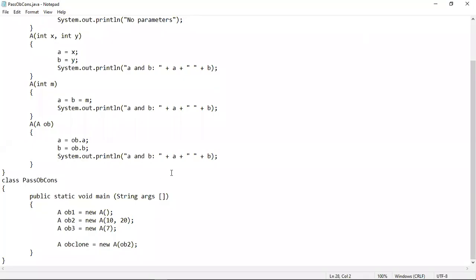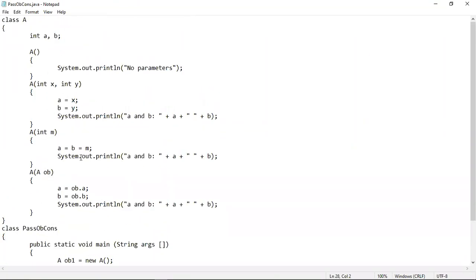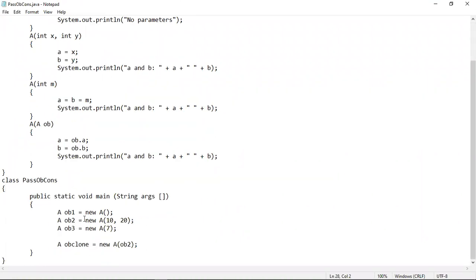Now this object cloning will only happen when constructor overloading takes place. Only when constructor overloading takes place will this type of situation arise, where the OB2 object will also be passed to the same constructor parameter.